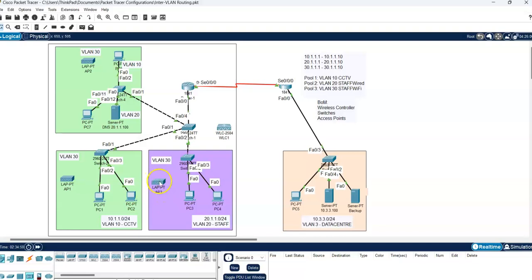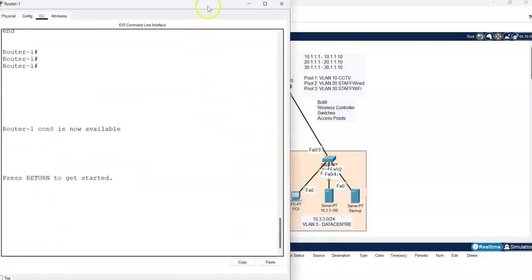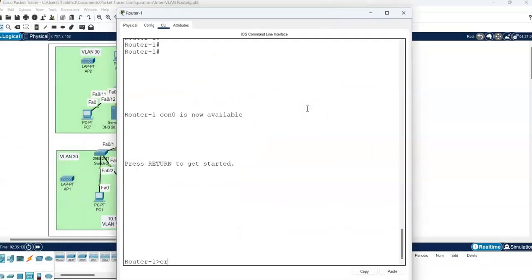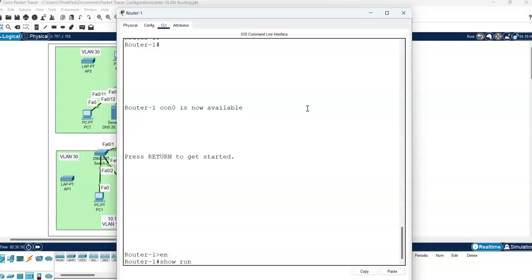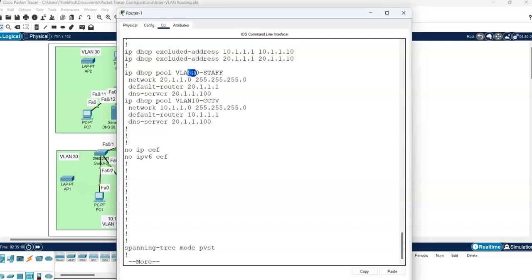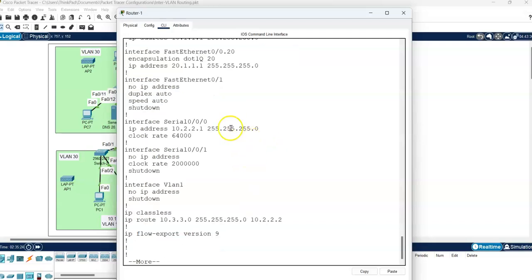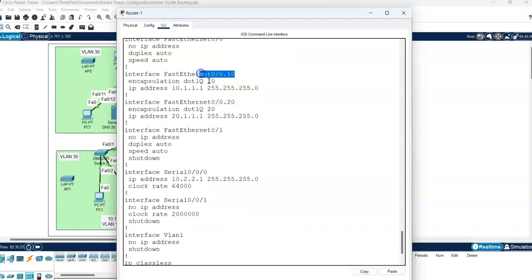So here I've got the access point mounted on the wall, and then we need to connect them back to the interfaces. So what I did, this router will be the default gateway for the VLAN 30, as we did in the inter-VLAN routing for router on a stick. We configured sub interfaces on that router, fast Ethernet 0/0. So what I did, if we check first of all the configuration that was in place, so let's connect to the router, and if you say show run, you can see we have a pool for the staff, that's the DHCP pool for the CCTV, and then excluded IP addresses. We also created sub interfaces, one sub interface for the VLAN 10, one sub interface for VLAN 20, and now